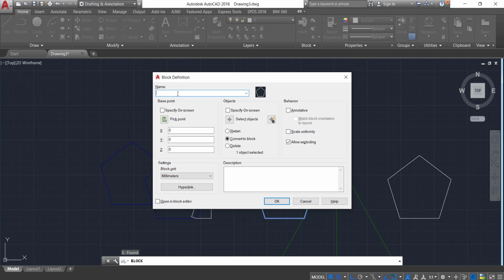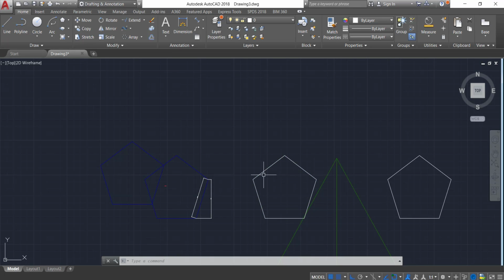You can provide the name as pentagon. Then if you want to change any of the properties, you can change them and click on OK.